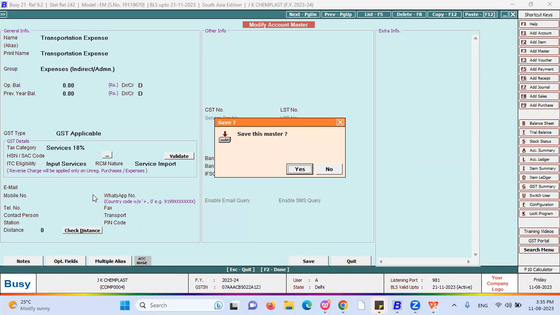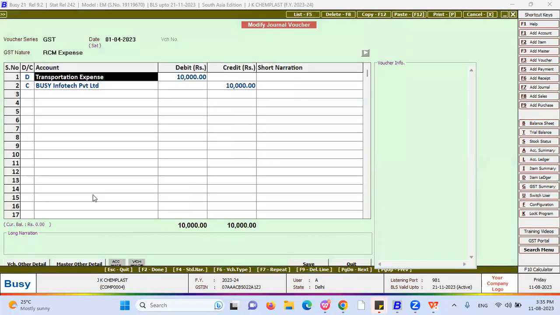After this particular ledger creation, you can save it. Then you select the ledger in a debit because he was a receiver. That is the reason as per the golden accounting rule formula. So let me select the transportation expenses in a debit side, and I can put the value of 10,000, and